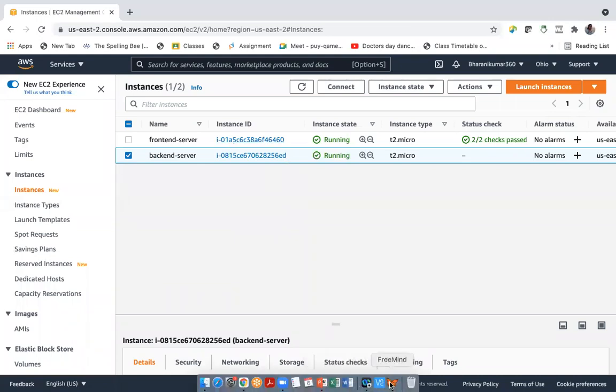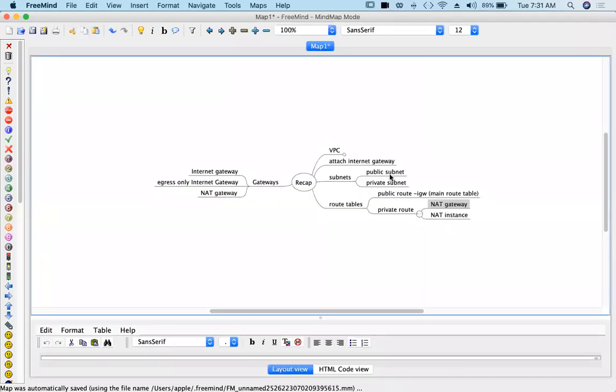So what we have done here: one front end server, and here a backend server.